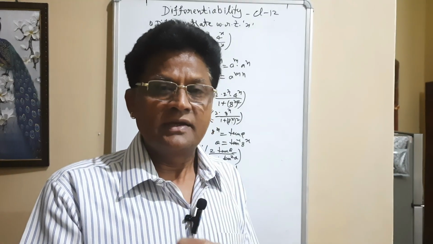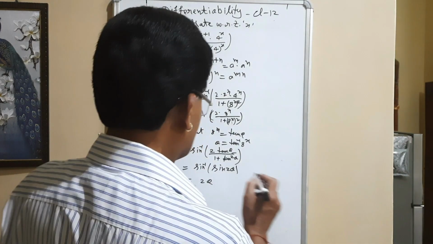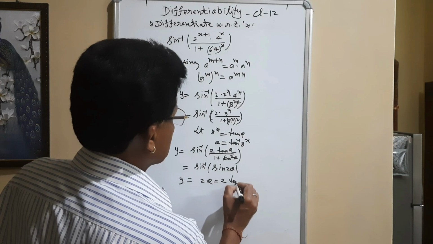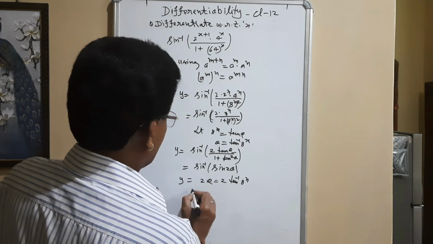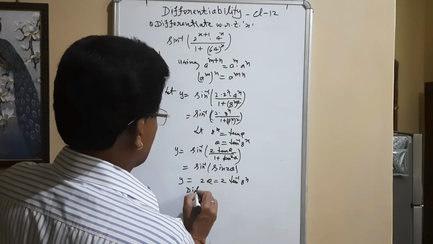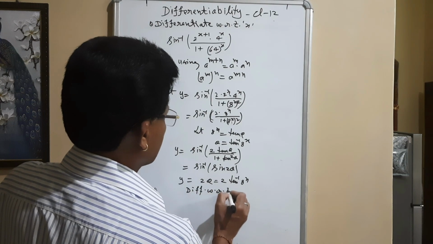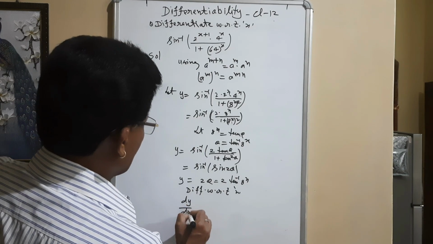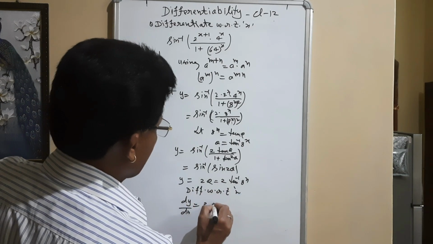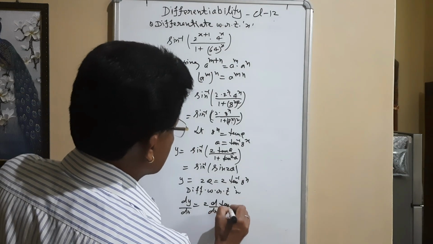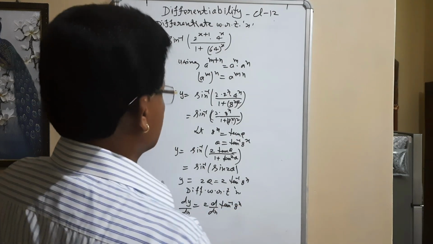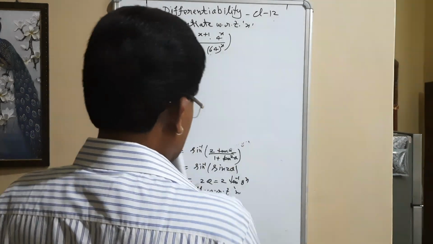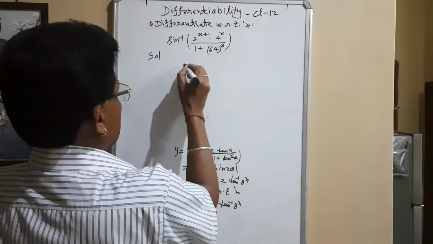First of all, the condition should be in your mind, then only you can find out the solution of such questions. That will be, y is equal to 2 theta, which is equal to 2 tan inverse 8 to the power x. My dear student, let me differentiate it with respect to x. Most important thing, dy upon dx. Dy upon dx will be equal to what? Twice d upon dx of tan inverse 8 to the power x. We will differentiate it. Let me use it here so that you will be comfortable to understand.